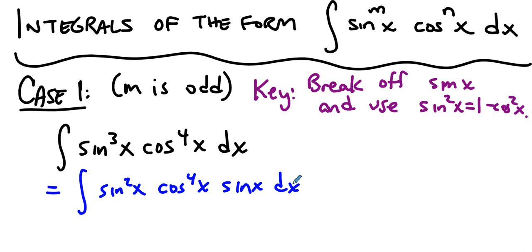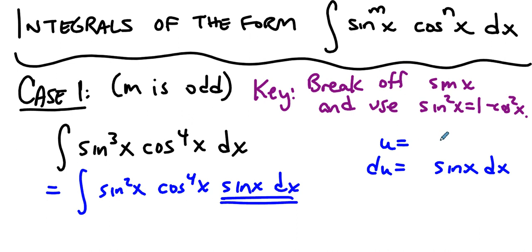If that is the case, then this is going to turn out to be your du. We want du to look mostly like that. Well, how do we do that? Well, if u is cosine x,